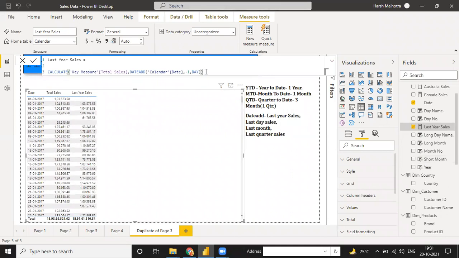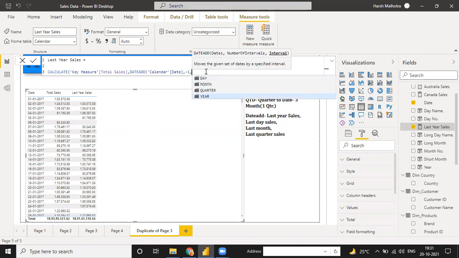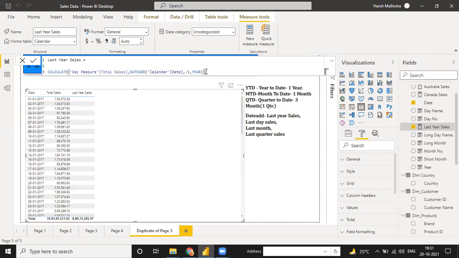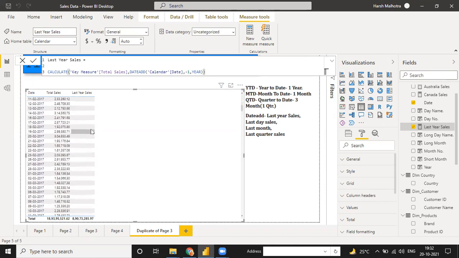In the same way, suppose right now my function is year. If I use a comma and then year and just enter, what is the value changing to? It will give you only the year wise first day of the sale. See, for 2017 there are sales, but in the last year it does not provide sales.